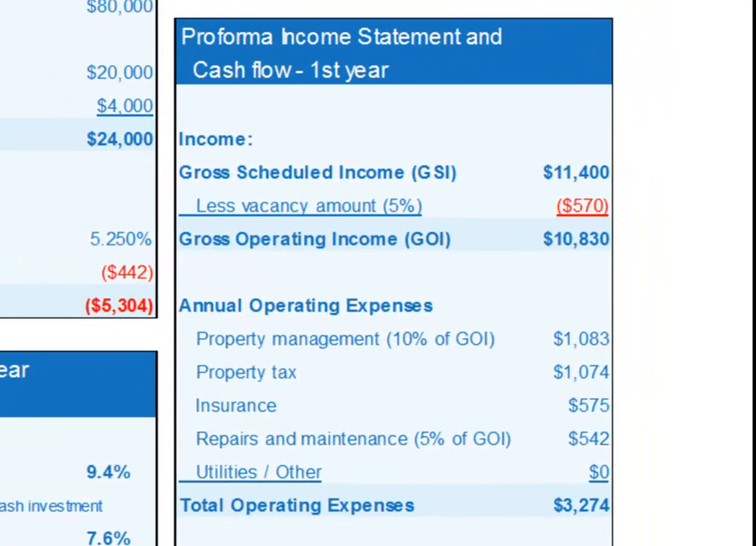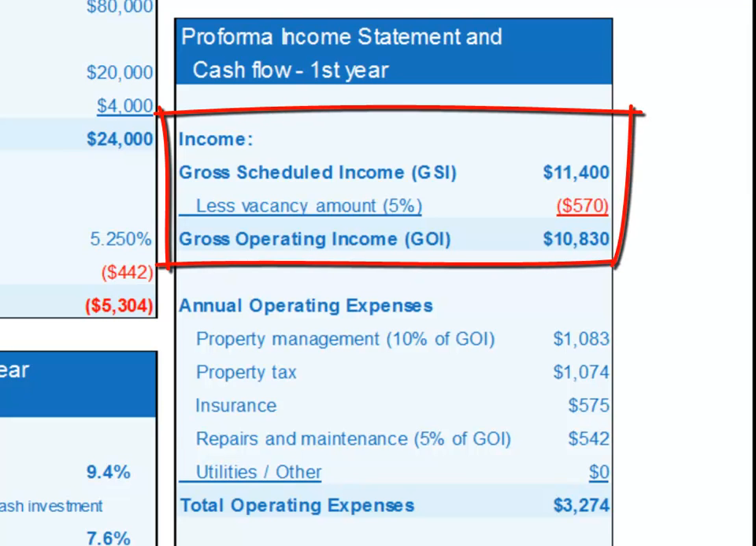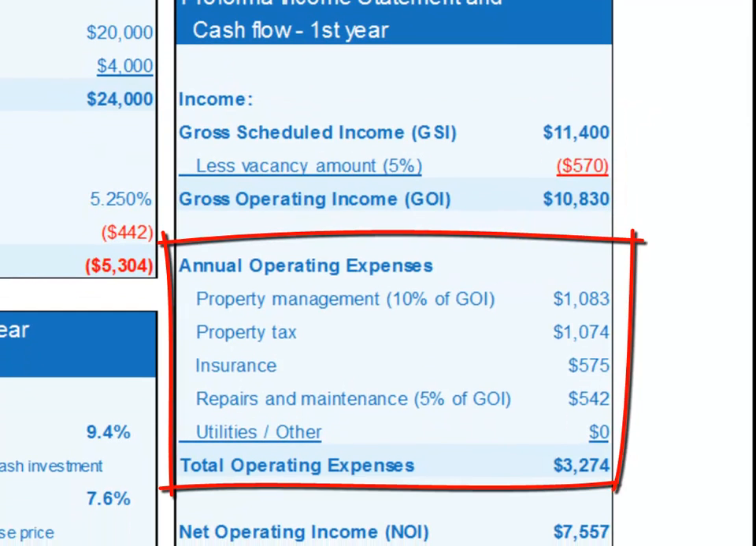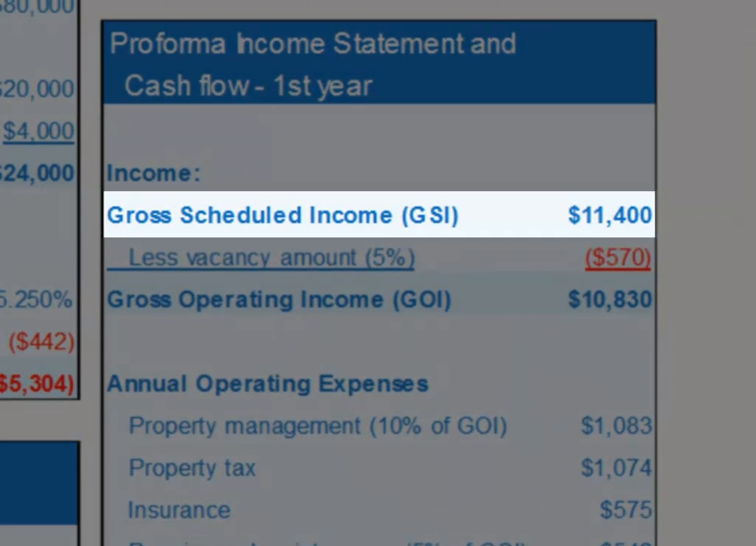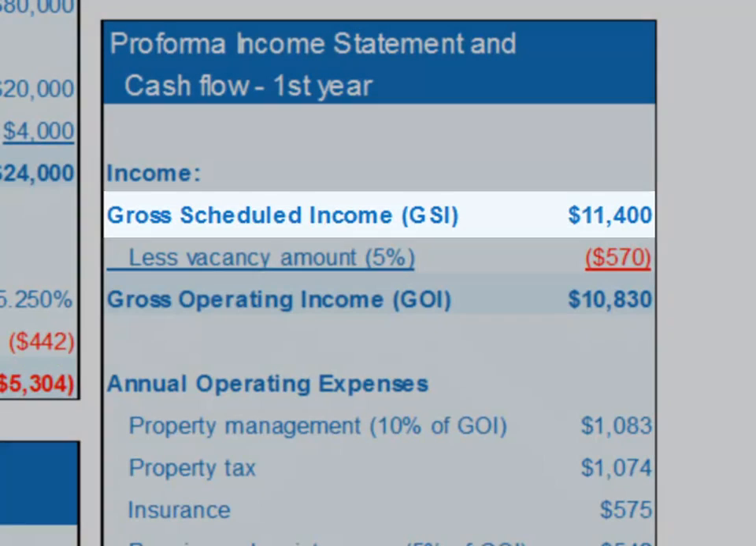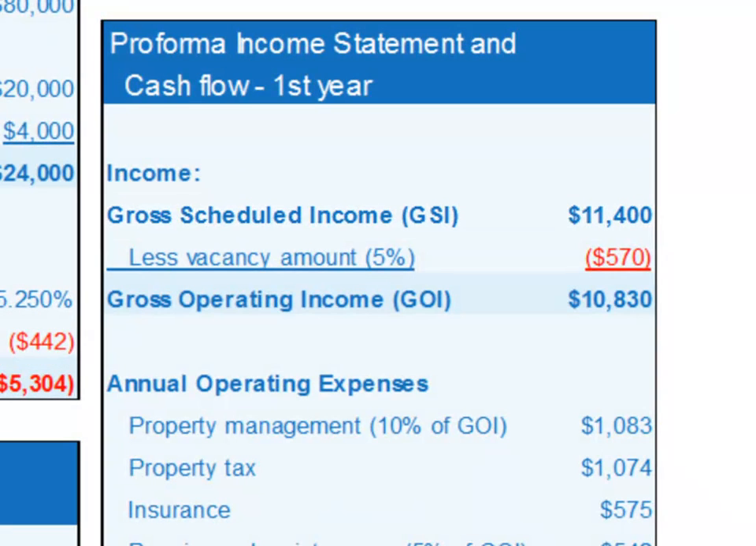The income statement is comprised of two sections, the income section and the expense section. With single-family home investments, the income section is typically comprised solely of the rents we can expect from the property. Our gross or overall income is called our gross scheduled income, or GSI. The GSI assumes perfection. In other words, the GSI assumes our tenants pay on time and never leave the property. Since we know this isn't going to be the case, we need to create an expected income, a realistic income